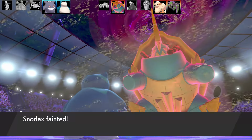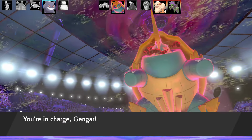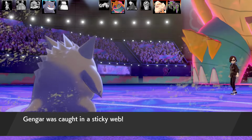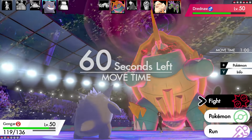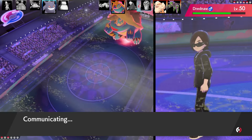I've got Gengar left, and Gengar's not going to be very fast either. I'm confident I can outspeed a Dreadnought, right? But it's like that with the Arcanine and the Hydreigon as well. Okay, so getting that nice Sticky Web drop there. I was thinking, well, none of my moves are going to take it out, right? My only option here is to go for a Hypnosis and, if it lands, then go for a Focus Blast,